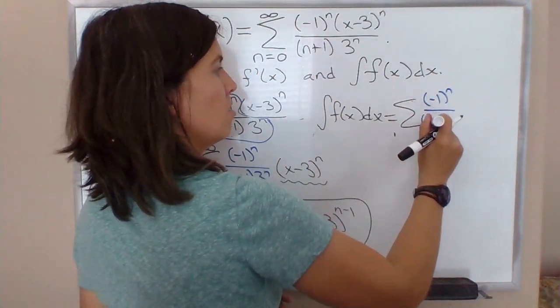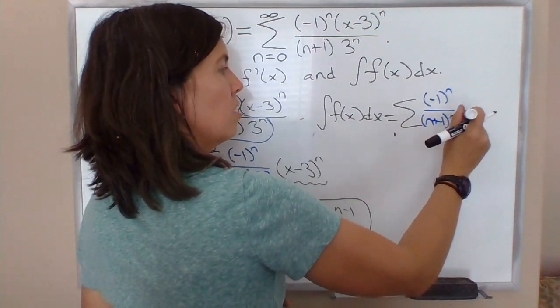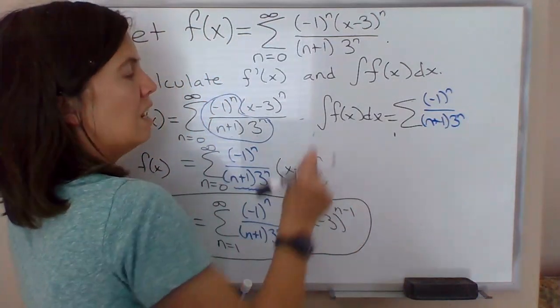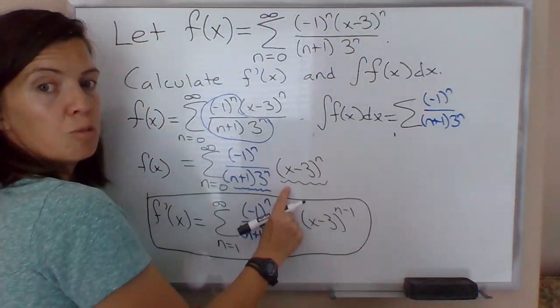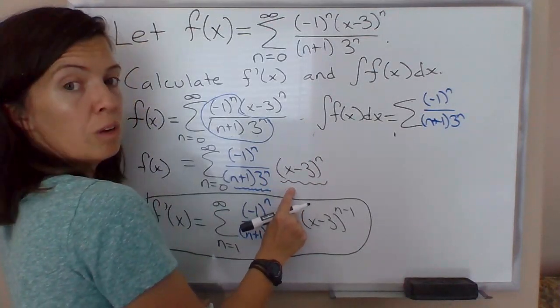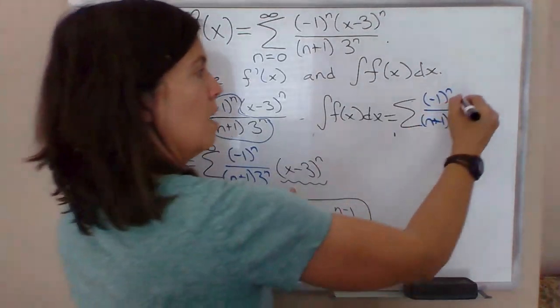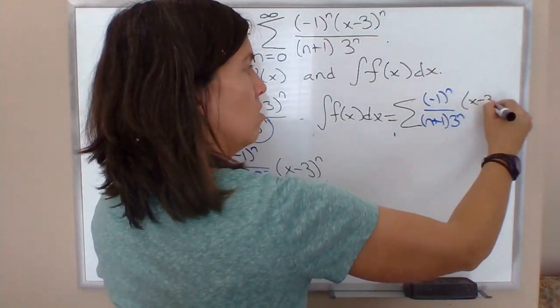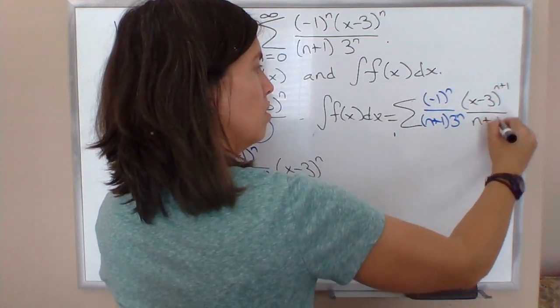Think of that as part of the formula generating your coefficients. Times, and now we take the antiderivative of just the expression of x, so x minus 3 to the n. Antiderivative using power rule for antiderivatives would be x minus 3 to the n plus 1 over n plus 1,